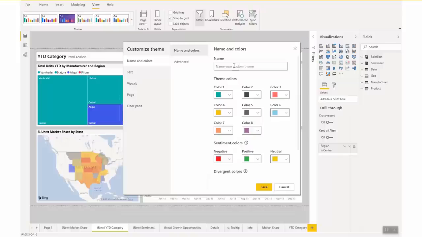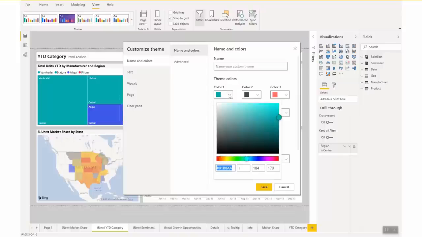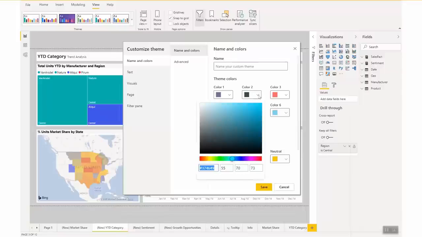If I want to create a new custom theme or modify this theme, I can go to each color, and you'll see there are a couple of different color pickers here. You can go through the color spectrum as well, and you can input your hex code if you have a specific color you want to use, or you can even input RGB values as well. So I'm just going to pick a couple of different colors so you can see how my report might be changed. And if I choose a few different ones,